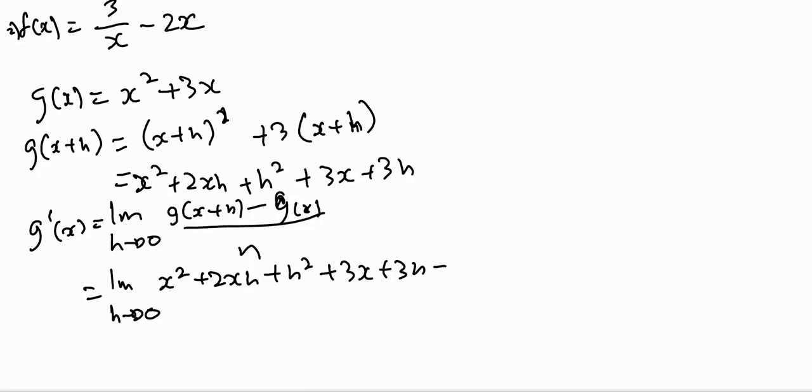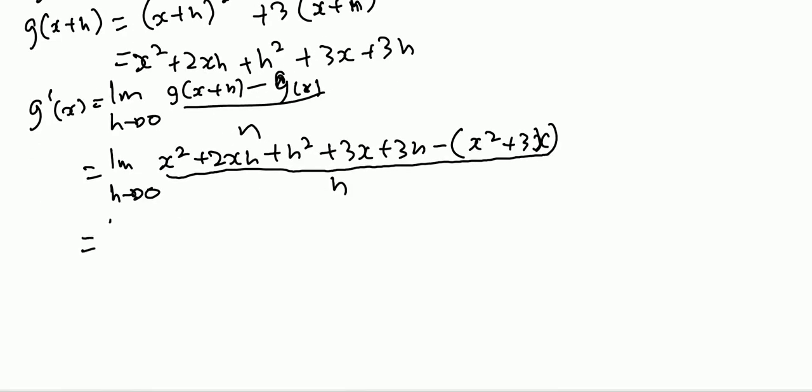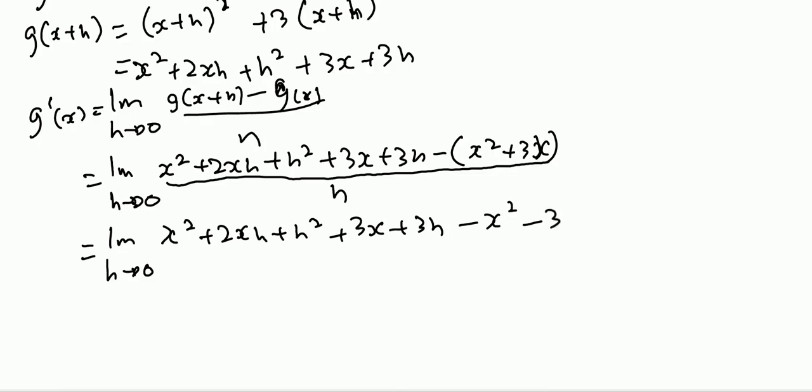Subtract our g of x. Our g of x is x squared plus 3x. Remember, put it in brackets so that this negative sign can affect the whole of g of x, all over h. Now, let's remove the brackets. Limit as h approaches 0 of x squared plus 2xh plus h squared plus 3x plus 3h minus x squared minus 3x